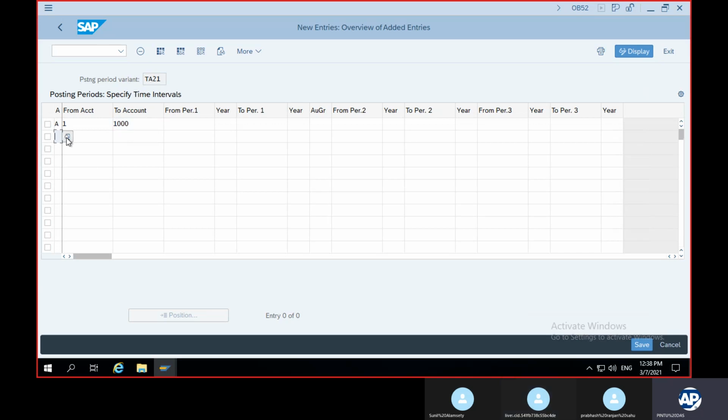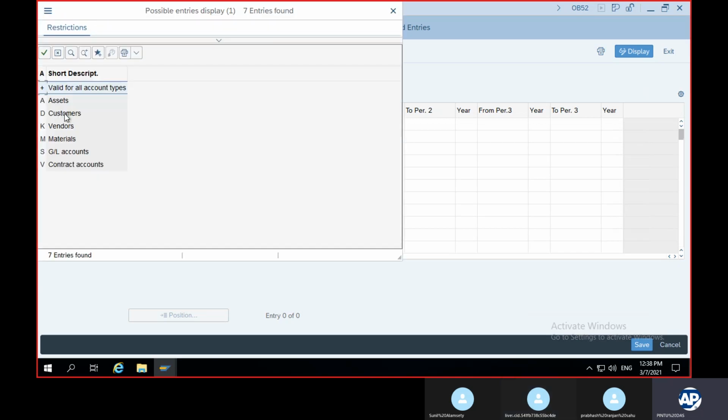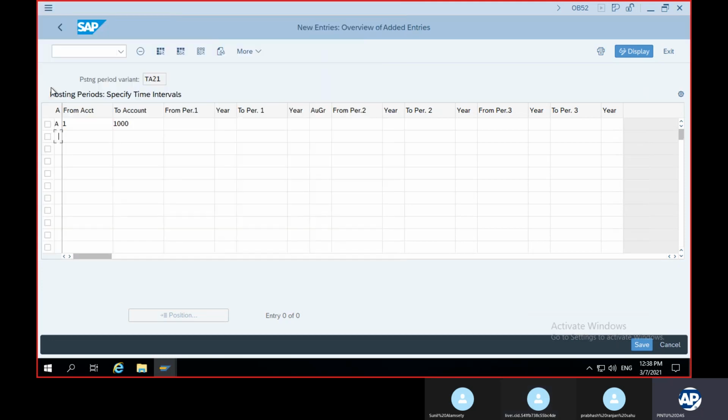Suppose you take the next one, customers and vendors. You have to find out those GL numbers. Customer numbers and vendor numbers you will not be able to find here, because those are under sub ledgers. They will not be shown here. That is why you always take the plus sign. Suppose you want to configure the customer number, then in the from account, you have to give the number from here to here. Okay, that means you have to give the liability and asset GL.